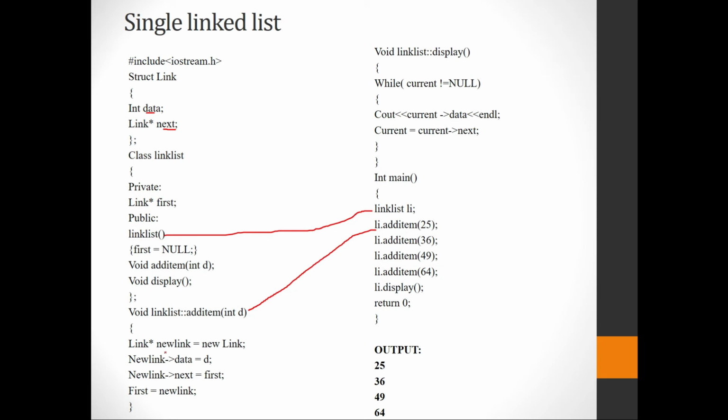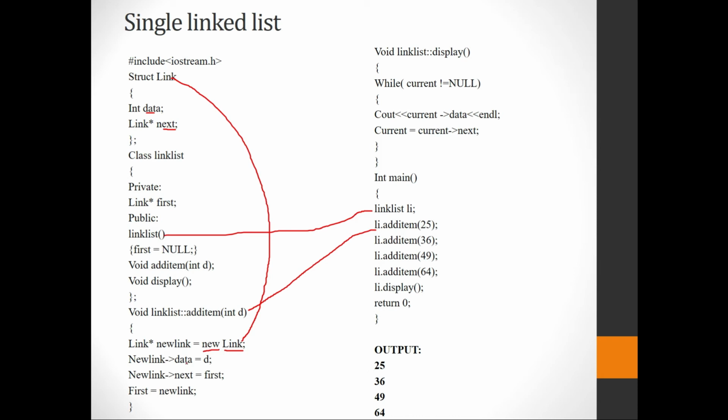Okay. So now you are going to create something new. What do I mean by new? You would have learnt in pointers earlier. This is called a memory management operator. It is going to allocate some memory space. What memory space? Yes, it is going to create a separate link. What do I mean by a link? It is a structure. It will have a data part. It will have a link part. So I am going to create a new node or a new link which has a data and a pointer. Okay. And what is its name? Its name is going to be newLink.